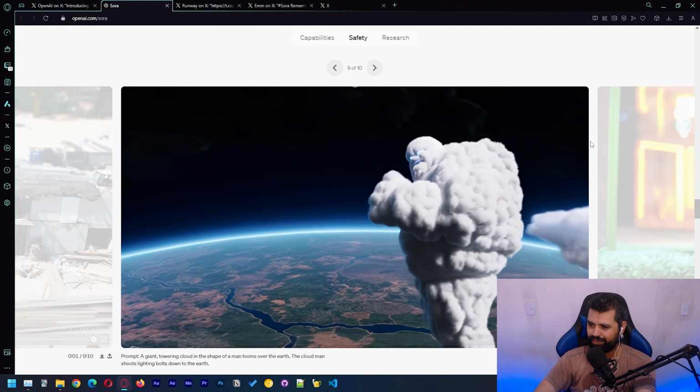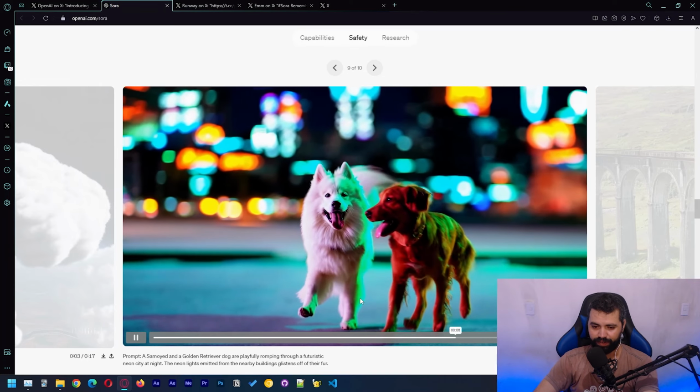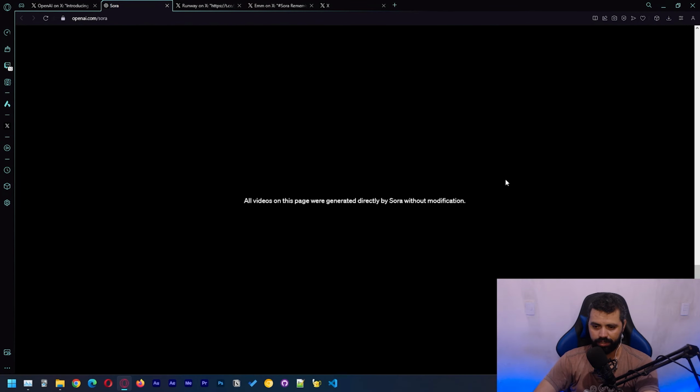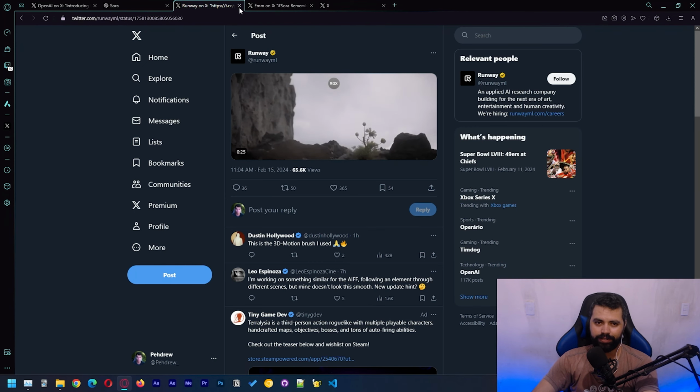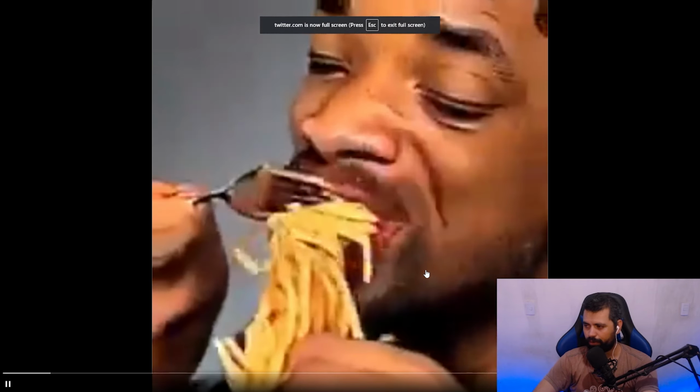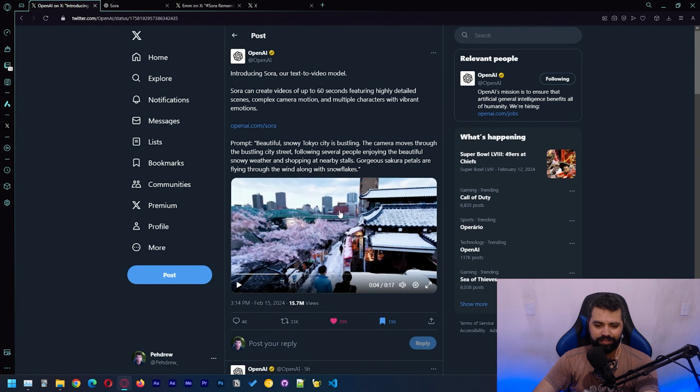They have many examples. This one is pretty good, actually. This one is pretty interesting. This dog's not moving in a very natural way. Yeah, we saw some overlap of his paws. Yeah, but that's the model. That's the model from OpenAI. And we definitely came from this to what we have now. This already got 50 million views.